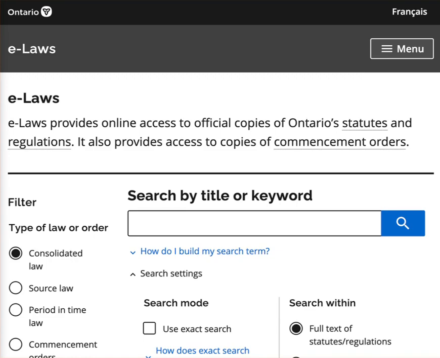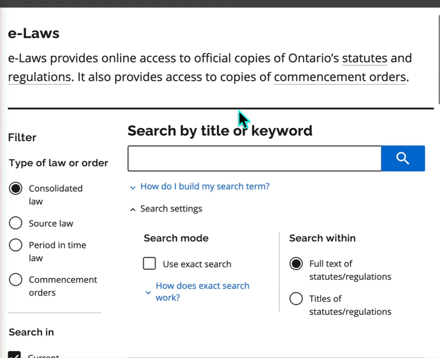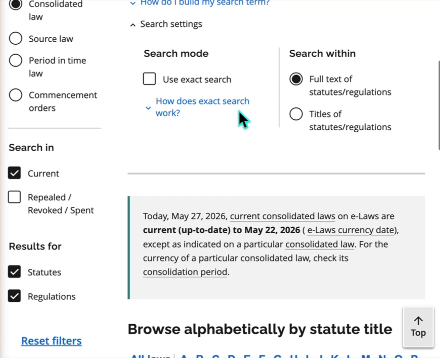This is Meg, and today we are going to learn a little bit about the AODA law. Now, AODA is the Accessibility for Ontarians with Disability Act, and this act you can find under the ontario.ca/laws website. So we are on the Ontario website, ontario.ca, with e-laws. And this is what it looks like.